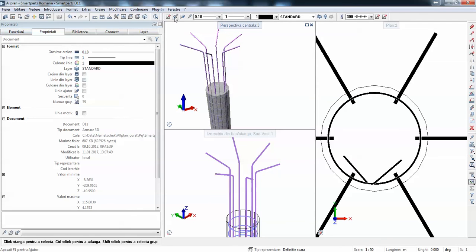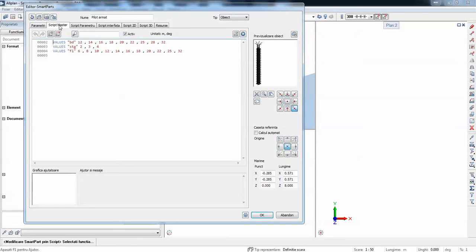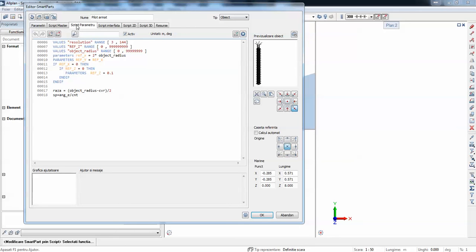I'll show you in the end how this was created. We have the parameters here. Of course, we have more parameters than before with the rafter. We have a lot of parameters because most of them control the rebar, the hooks, the overlapping, the spacing, whatever. Here we have some scripting for the parameters of the reinforcement. So I just limit the diameter range. Then there are some qualities for the steel, again some diameter. Then there are some parameters for the scripting, so I impose some ranges for maximum and minimum.